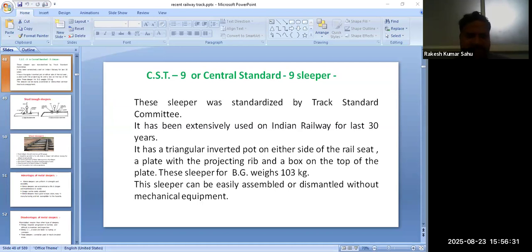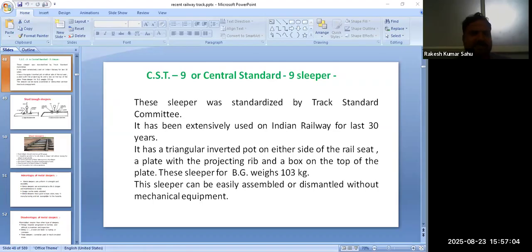So concrete sleepers are best suited for AWR, CWR track, and one type of sleeper, that is the 60 kg sleeper, can be used for the smaller rail, that is 52 kg rail. And in different areas, different types of concrete sleeper have been procured. For example, in the point and crossing zone, different types of sleeper, CJ, guardrail. Further, we can see